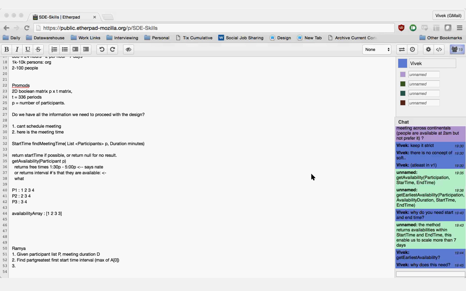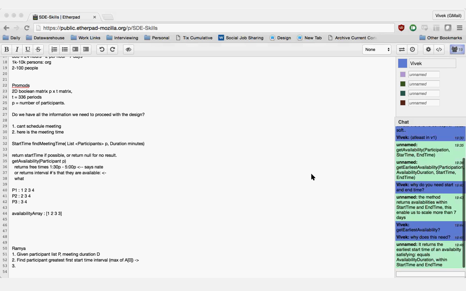I'll multiply the results of the users, so if it returns 0, it means some user is not available. I don't care how many users are available; I'll just return 0. If all the users are available, the value will be more than 0, and then I'll say that is the earliest possible time.